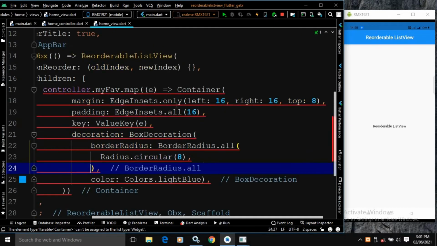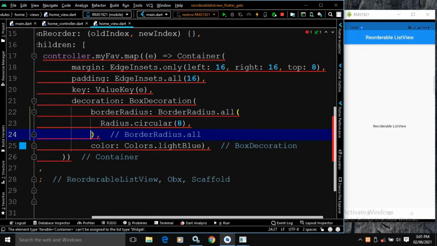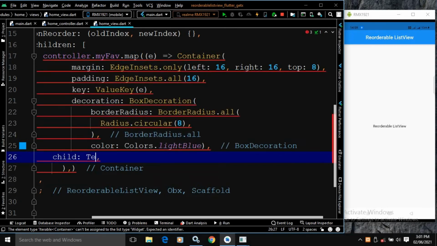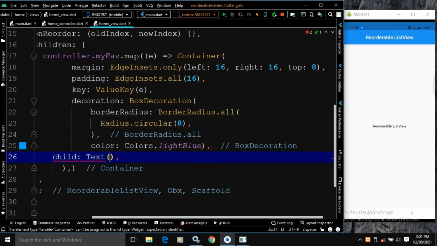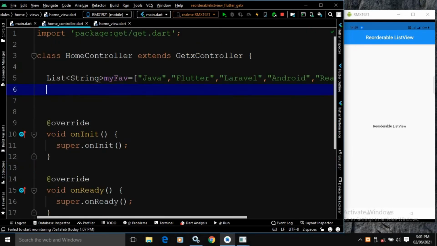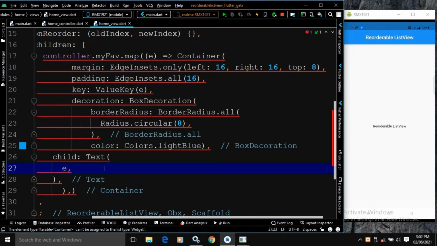Now for this container, I will use a child, and in the child I will use a Text widget. In the text, here I will specify the value of e. This means the value from this particular list will be displayed as text.